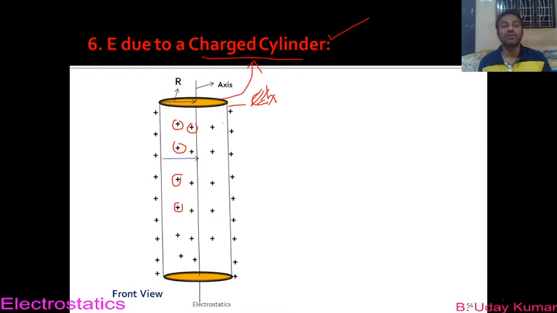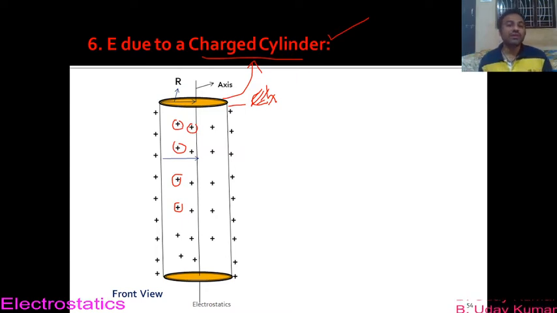So please check it. So what is a charged cylindrical conductor? In case of a charged cylindrical conductor, there will not be any kind of charge distributed inside the charged cylindrical conductor. Whatever the charge that is given, it will be only distributed on its surface. So please just remember this difference.